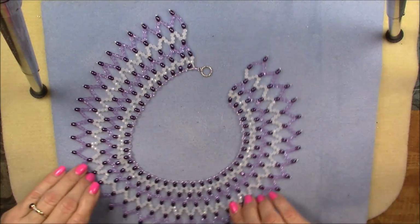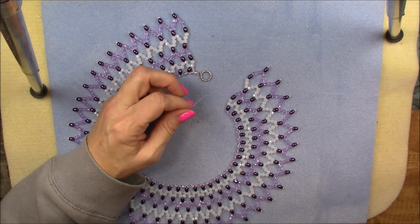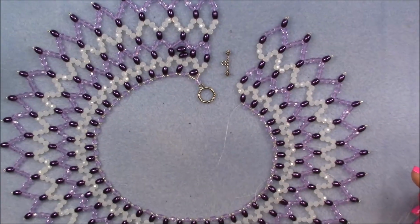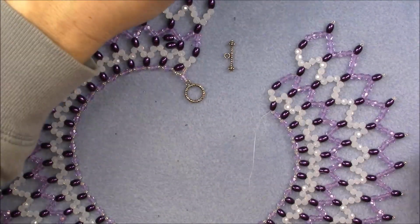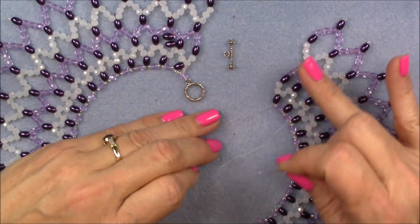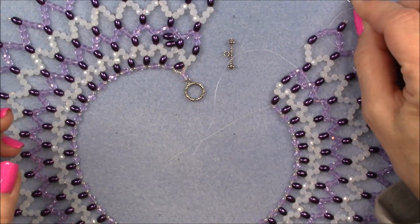Now, I'm coming out of this rice pearl on my very last unit here, and I have to connect my clasping like I did on this side. So I had to search for the end of my clasp. It got away from me. So I'm going to use this end of the clasp. I'm going to pick up 3. I'm coming out of my last purl here. Make sure your last unit is nice and tight and everything's secure and looks good. Pick up 3 11-0 seed beads